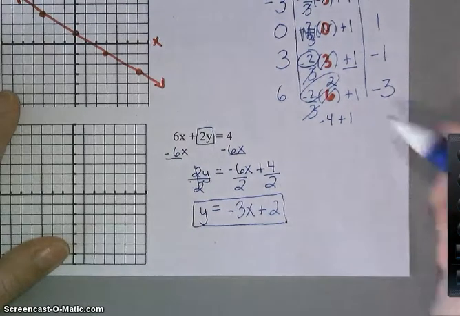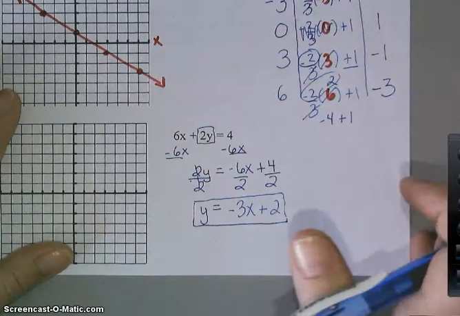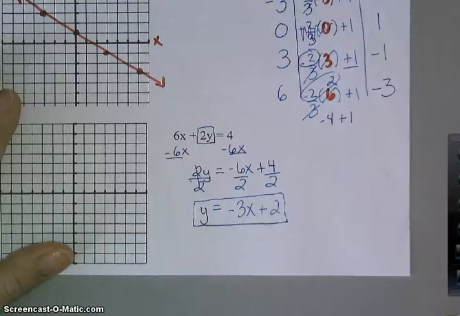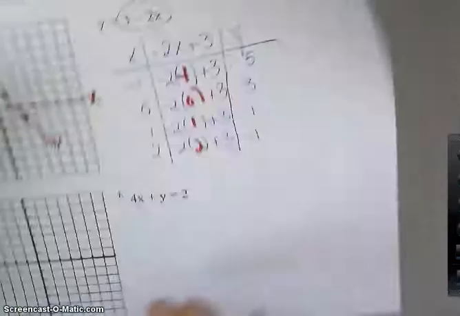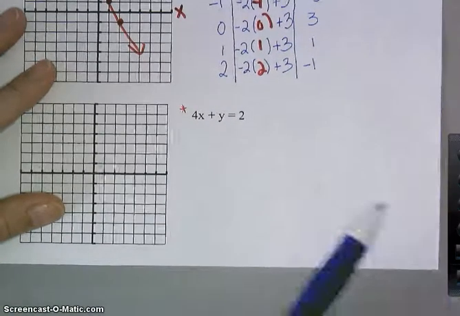So what I want you to do on your own is go and make a table of values and plot your points to make your linear function on your graph. So the questions you should have done on your own are this last one here, and then the third one on this side. Make sure to write a question for tomorrow,